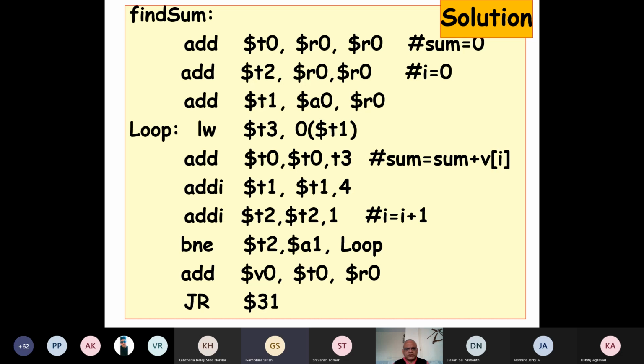Not able to hear. Can you please repeat again? Am I audible now, sir? Yes, good, now. Array. We need to add each word of the array to the sum. So for the first word, we add the 0th address, and then we increment it by 4 bytes, and add the next word of the array to the sum. Okay, very good. So by adding 4, we have got the address of the next element of the array.